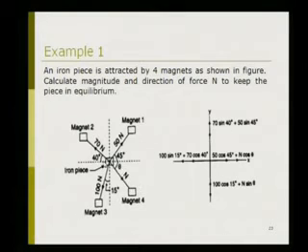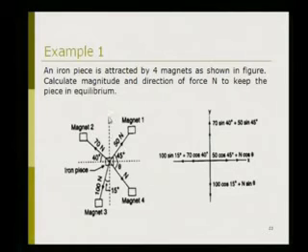All these forces are going away from the iron piece, or let us say the origin. So consider the first force, that is 50 Newton. This 50 Newton force has two components, one in the upward direction and the second in the right hand side direction. As the angle is made with respect to the x axis, the component in the x direction will be the cos component. So it will be 50 multiplied by cos 45 on the right hand side. So over here, 50 into cos 45 is on the right hand side.